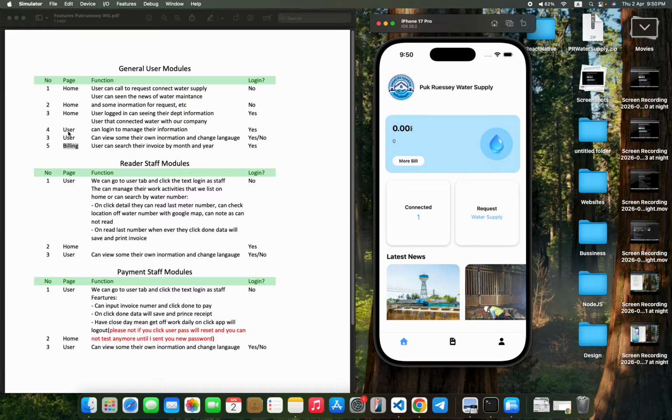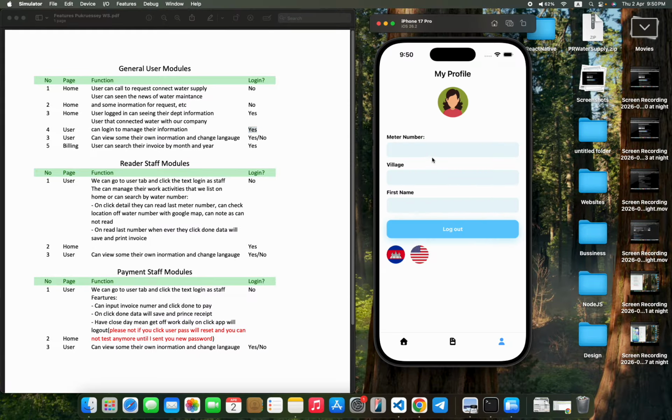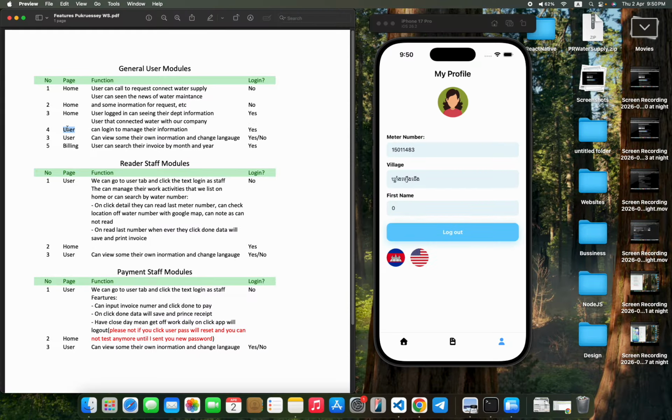And number 4, they can log in. We already logged in last time, so we can skip that one. Sorry, this one is the wrong number. The user can view some of their own information and change the language.